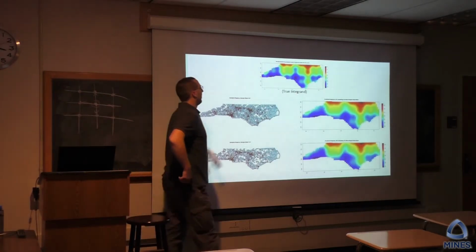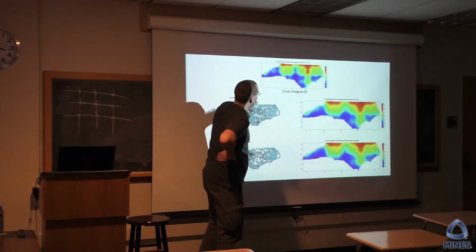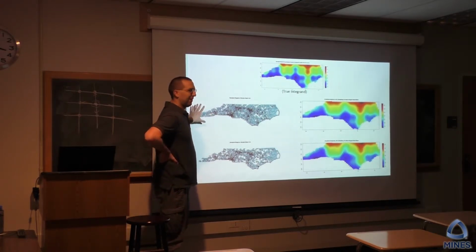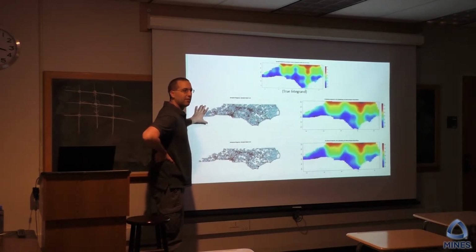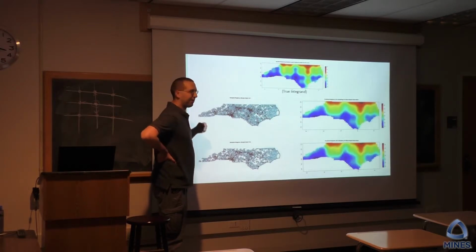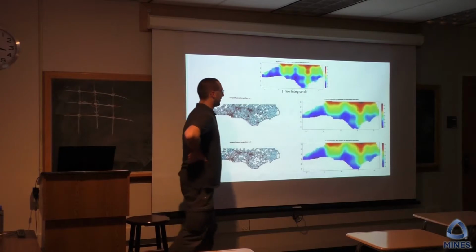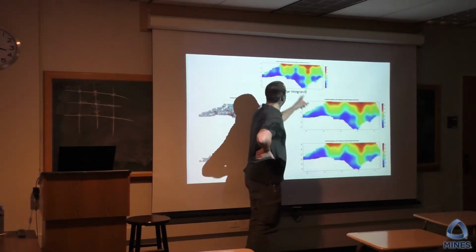So how does this thing do? This, of course, is the truth, just so we can see it and compare it. This is just a random sample of 80% of the tracts. I took 80% of the tracts, took their integral values, added noise, plugged them in the regression, and said, predict the surface for me, lattice Greek. Lattice Greek gave me this, which